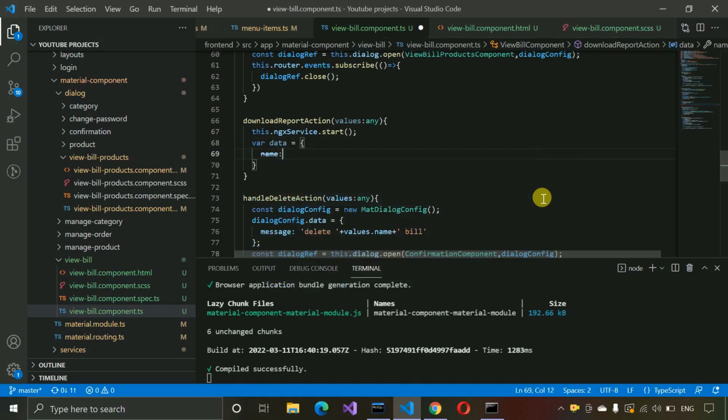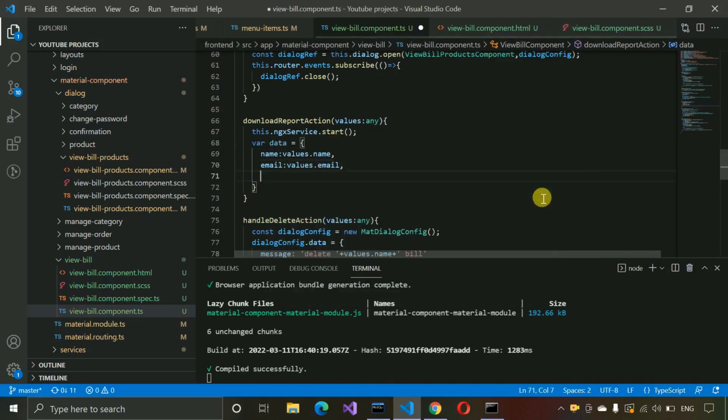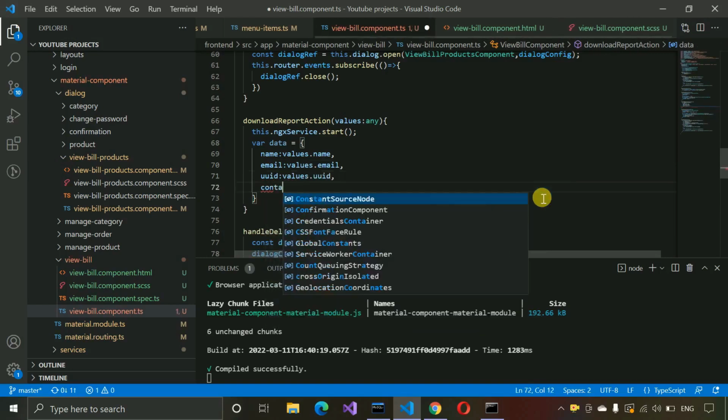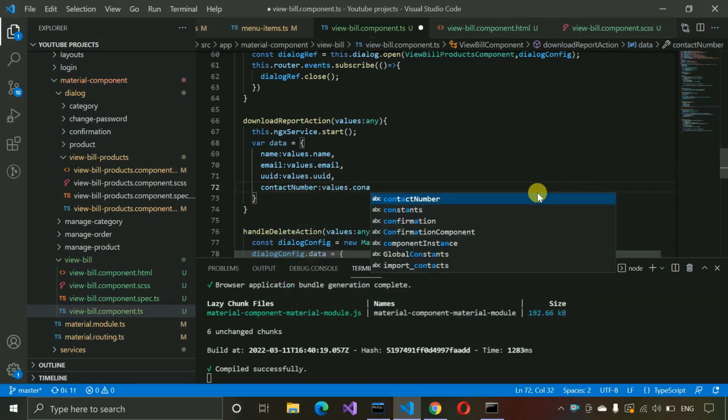So name: values.name, after that email: values.email, and after that uuid: values.uuid, and contactNumber: values.contactNumber,